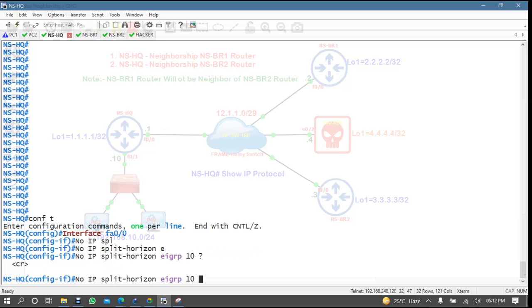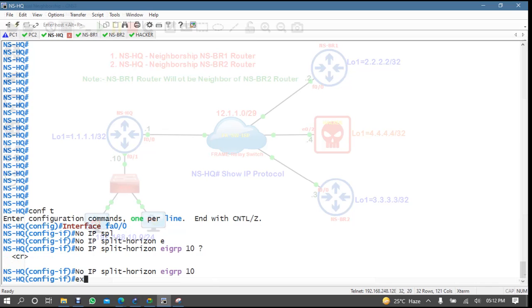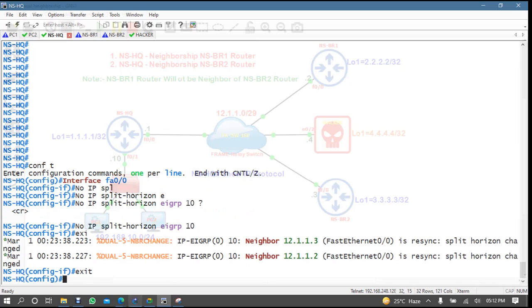No means stop: no IP split horizon EIGRP 10, and then exit. Single command. See, the neighbor will go down and then the neighbor will come up.